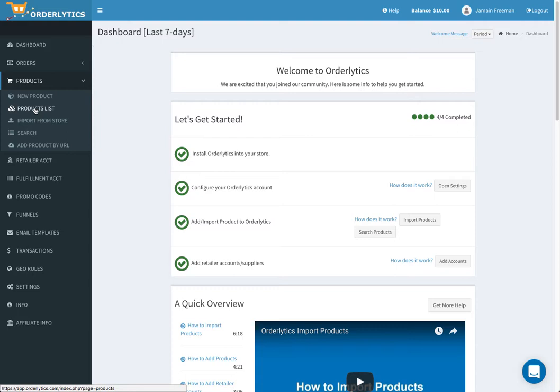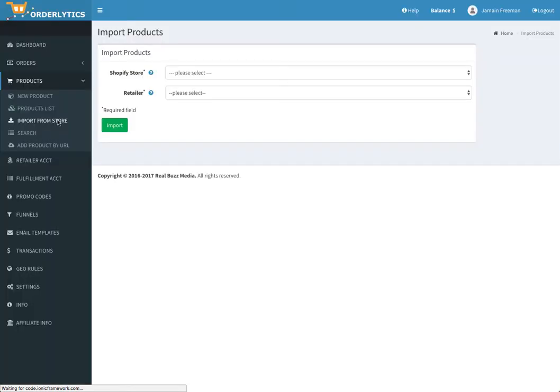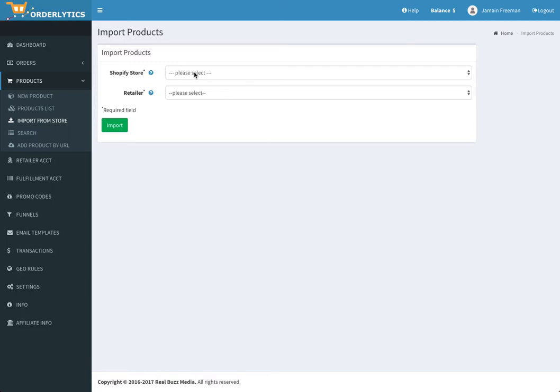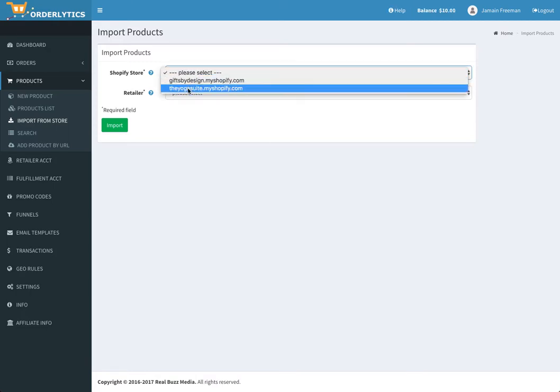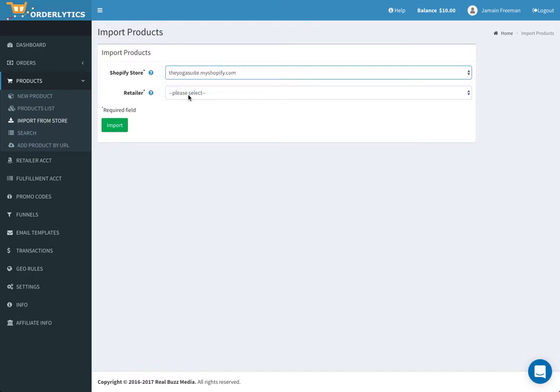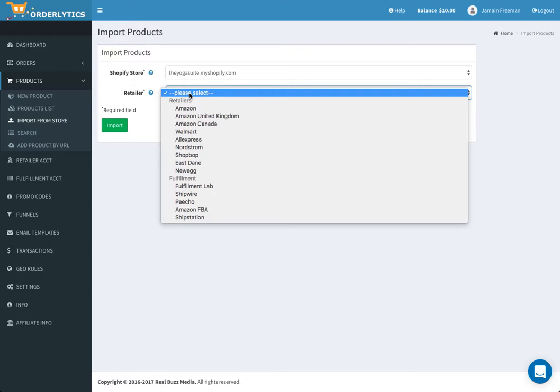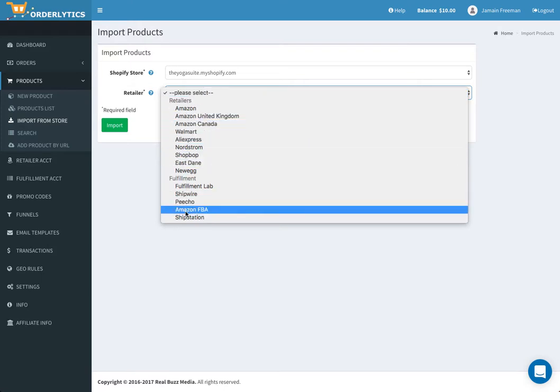Okay, so we go to our products list. You go to import from store, and this is going to come up. It may run a little bit slower than usual because I'm using Camtasia, and you know how it does. So we're going to pick your Shopify store, the Yoga Suite. It's the one I'm going to import from,